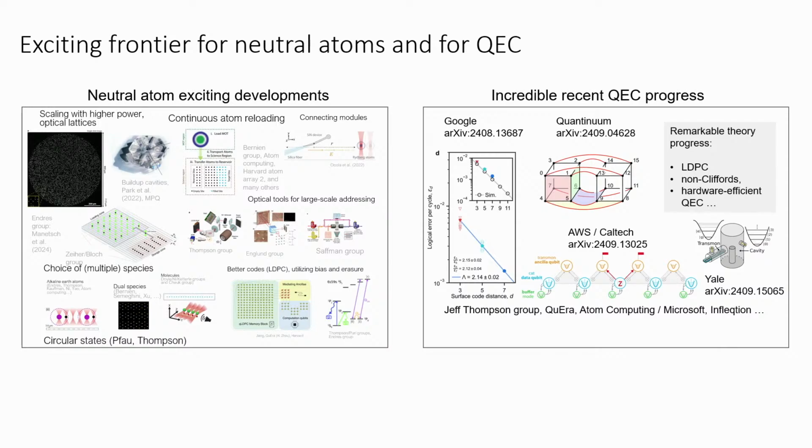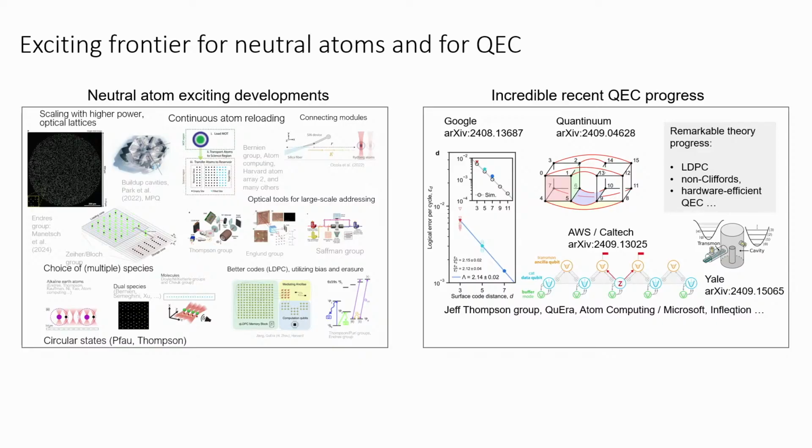But also on the error correction front, it's quite remarkable how many different systems start to cross characteristic thresholds all at the same time, both in terms of system sizes and fidelity. This Google paper, for example, from late 2024 is a real highlight, seeing this very clear exponential suppression for the first time. Also really impressive work from Quantinuum, the Amazon and Caltech team, and also just a lot of amazing theoretical developments, as well as from Yale.